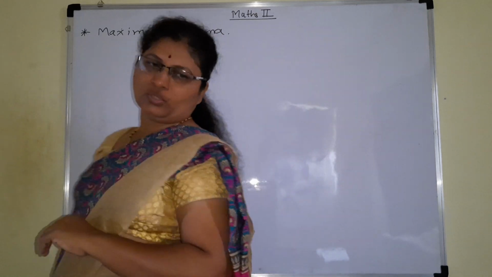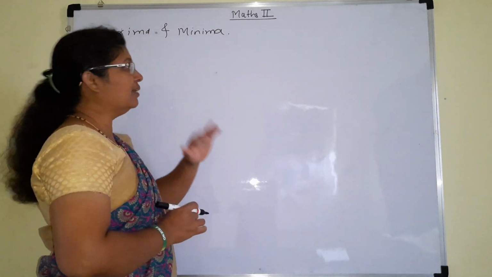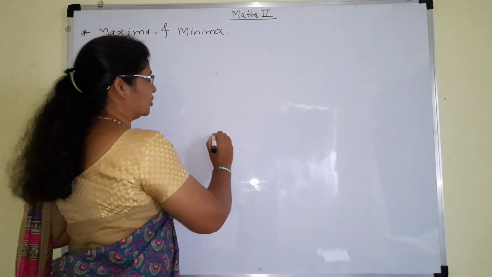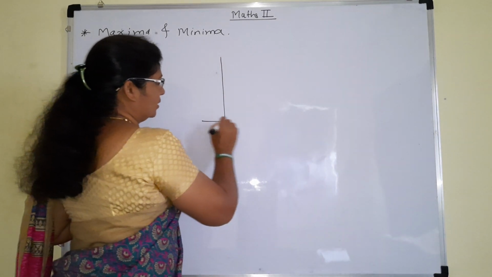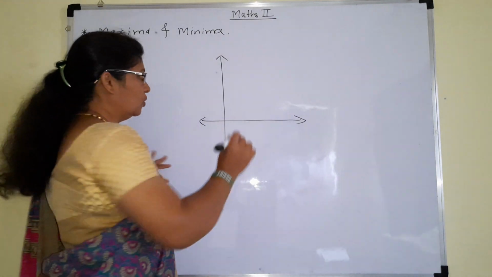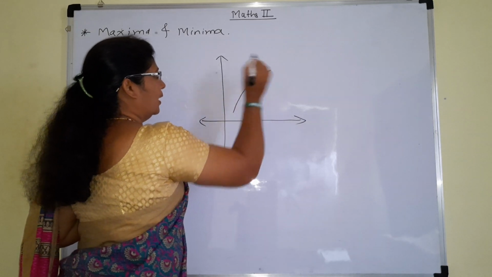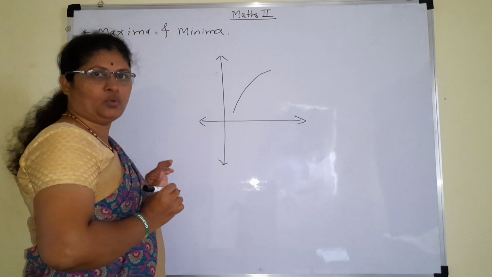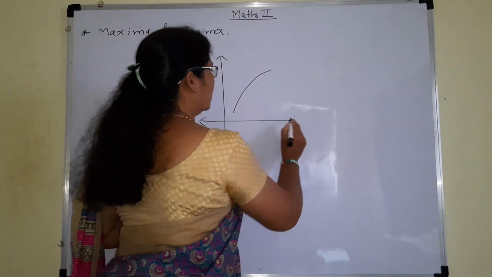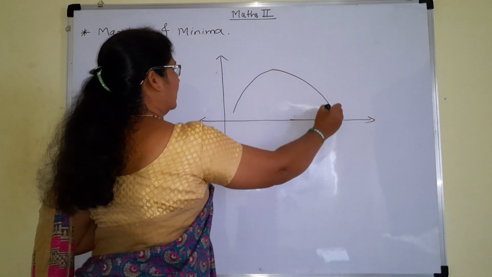We have seen increasing and decreasing functions, students. Again we will go to that point and relate it to this one. Consider this graph. For an increasing function, the slope of the tangent is always positive, greater than 0, like this. This is your increasing function. Now I will draw the same function continuing as a decreasing function from this point. So from this point my function is decreasing.